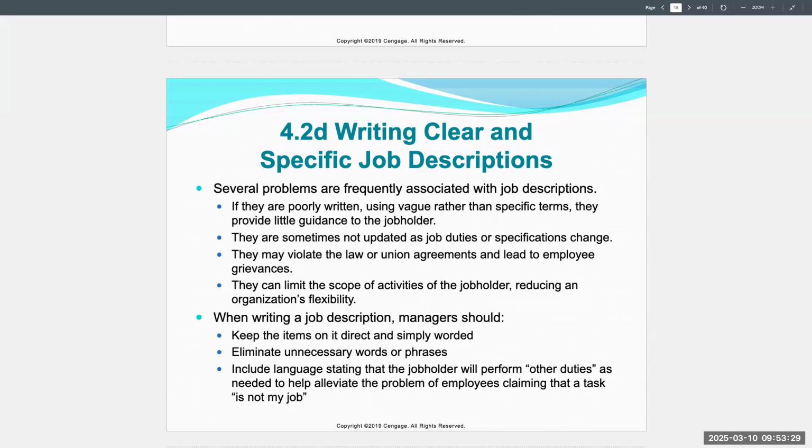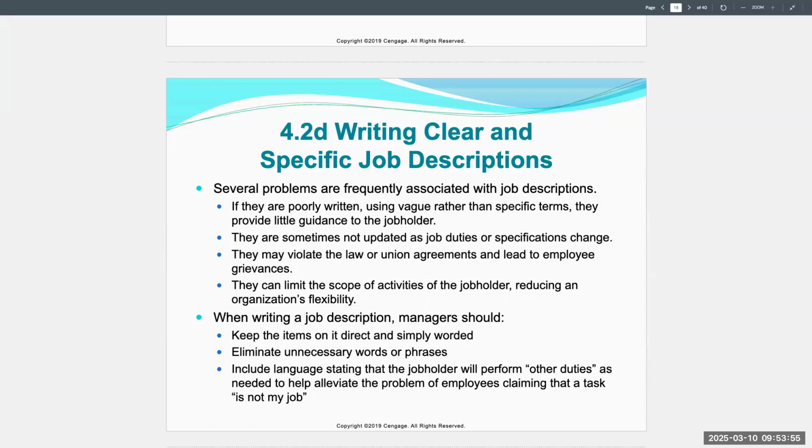Poorly written job descriptions can lead to misalignment between employees' expectations and employee performance. So you want to make sure that as you're writing these job descriptions, you don't want to use vague language. You don't want to use outdated descriptions. You don't want to use legally incorrect classifications that will lead to legal violations. And you want to limit flexibility. So strict job descriptions can stifle innovation and collaboration